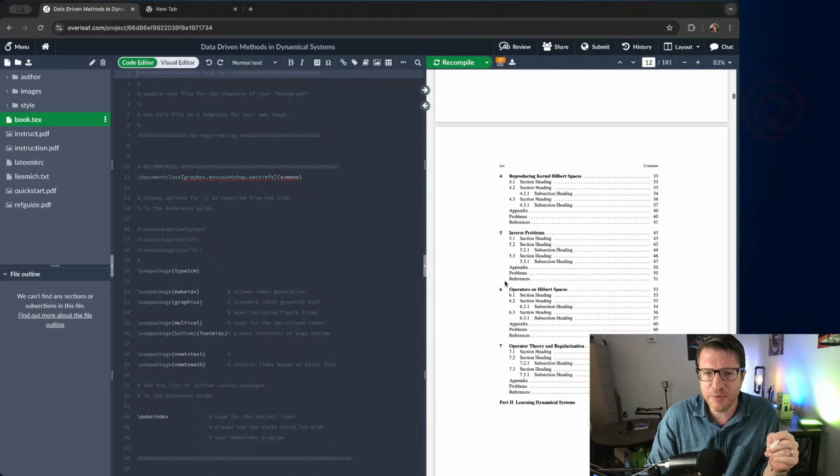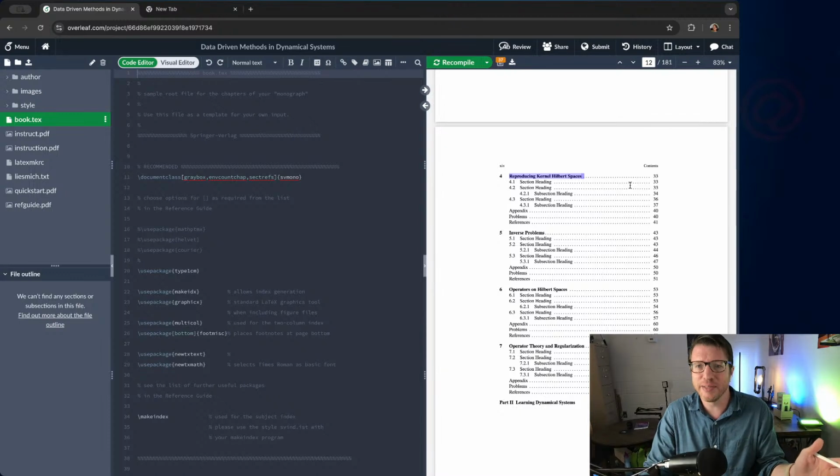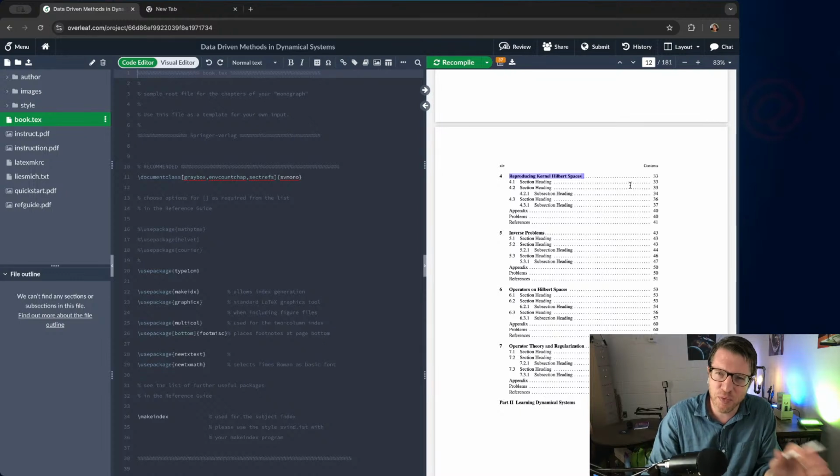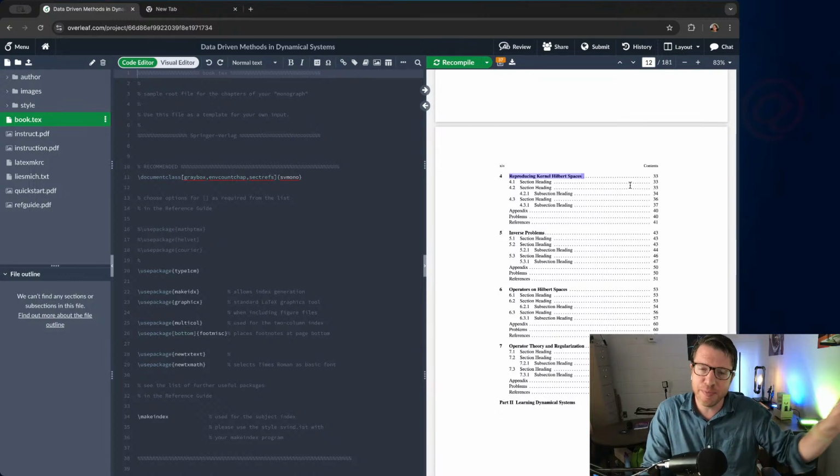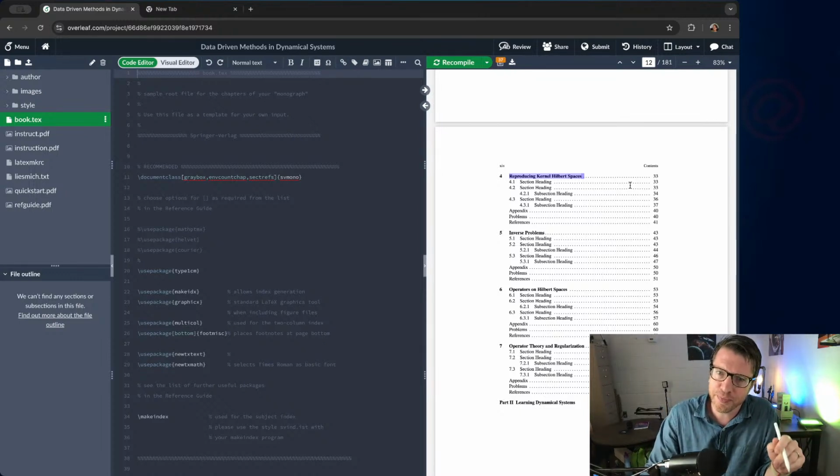And then we're going to get into reproducing kernel Hilbert spaces. This is sort of my jam. It's everything that I've been doing since I entered graduate school. So reproducing kernel Hilbert spaces have been in every single one of my papers since my first publication, with the exception of maybe one or two that were really authored by other people.